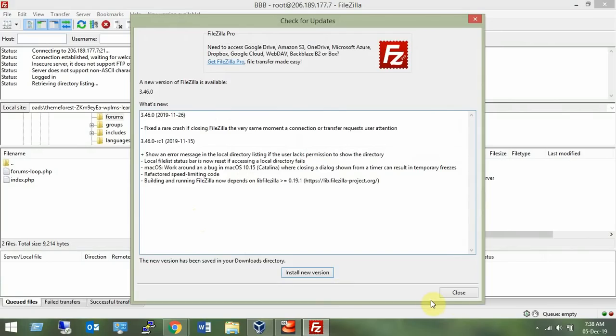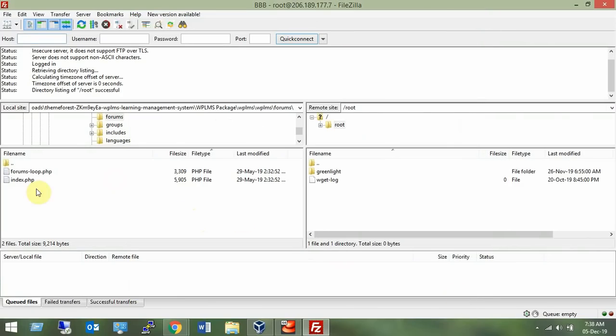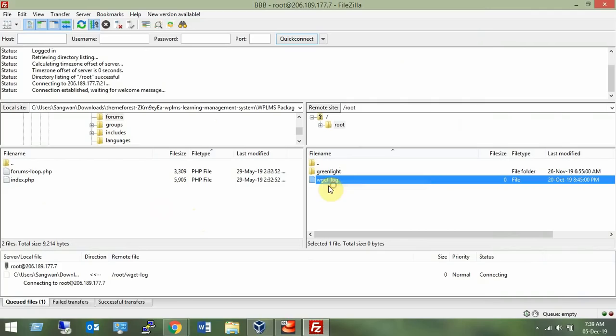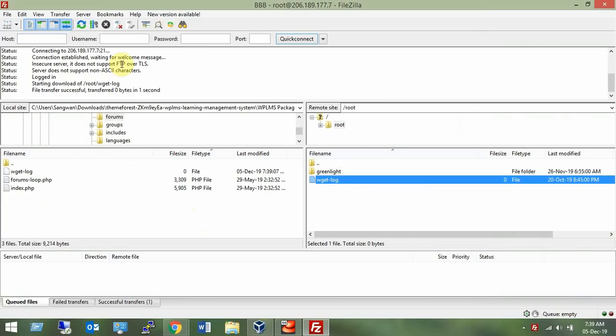And this is a better version where I get the local and the remote server. This is my remote server directory, and this is my local directory. Local directory means where I'm working right now on my computer. So I'll transfer the file from here to here. If I select it, right click and download, it will download the file. This is a better option, and mind it, this is an FTP server only. So we have better clients nowadays to copy files from remote to local server.